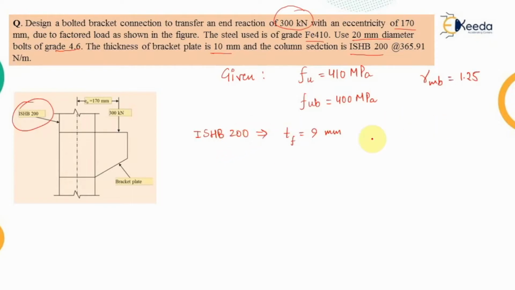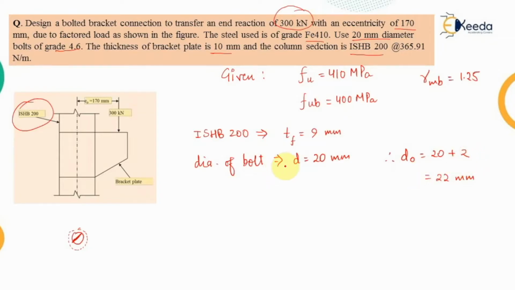Now the diameter of the bolt has been suggested to us to take as 20 millimeter. Now corresponding to it, the diameter of the hole, because let's say this is the bolt which we have provided, the hole which has to be made on the steel element will be bigger than this, and that's why d0 is the diameter of the hole, which is the diameter of the bolt plus some clearance. And for bolt diameter of greater than 16 millimeter, we take the clearance as equal to 2 millimeter. Therefore this d0 value will be equal to 22 millimeter.